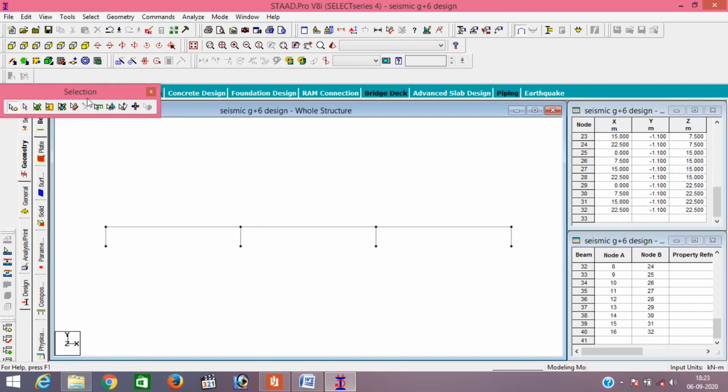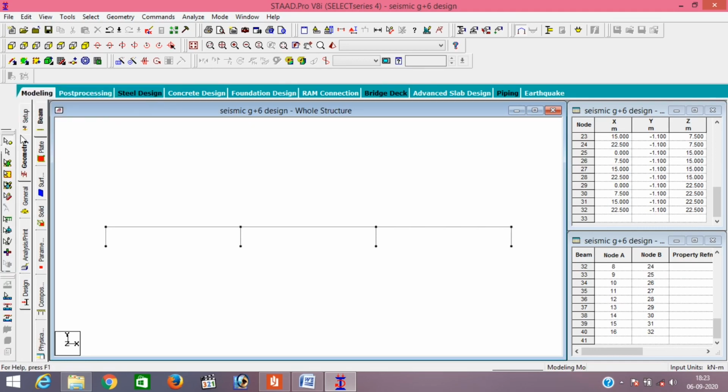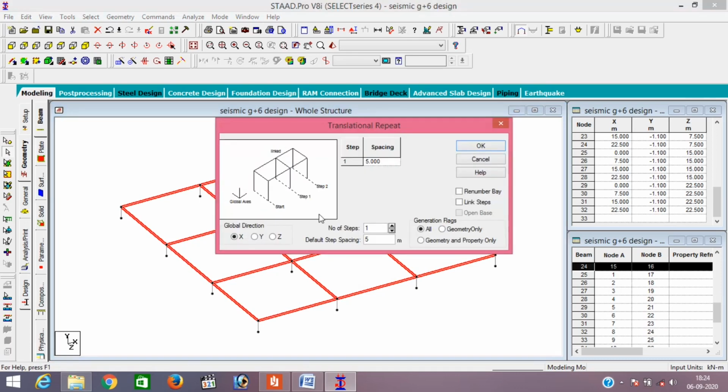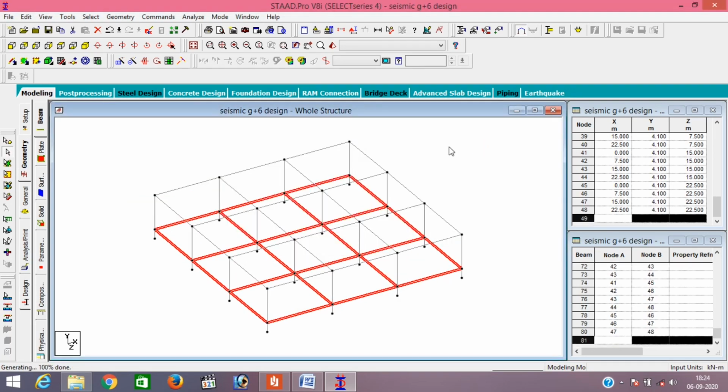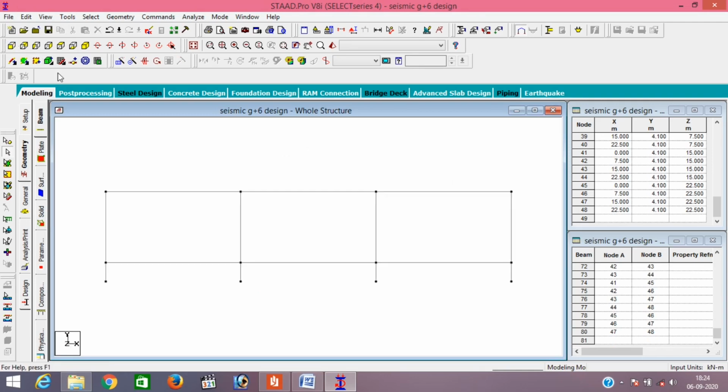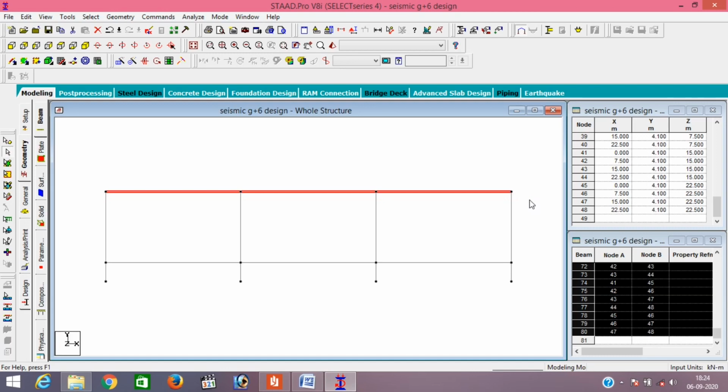Then for the above floor just select the floors. Beam cursor, select the floors. In the translation repeat, in the y direction the distance is 4.1, link step then OK. So here first floor plan is given. Then in the first floor plan you can see in the roof level,